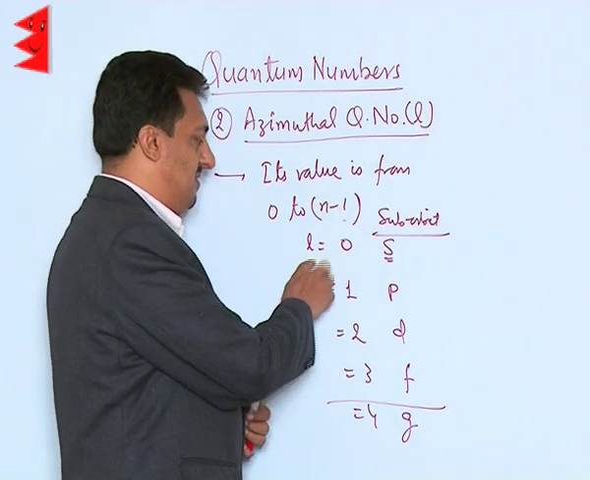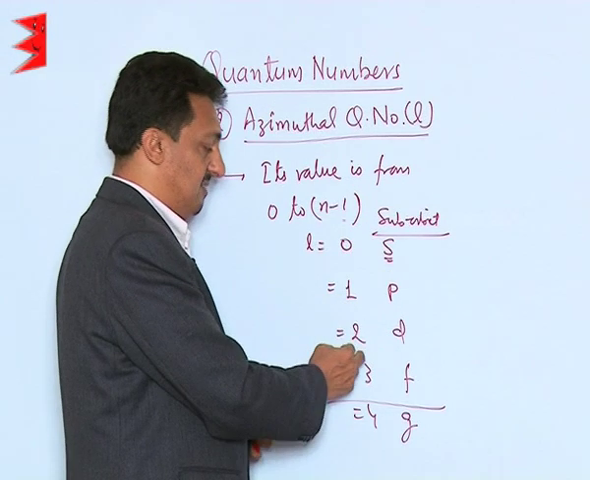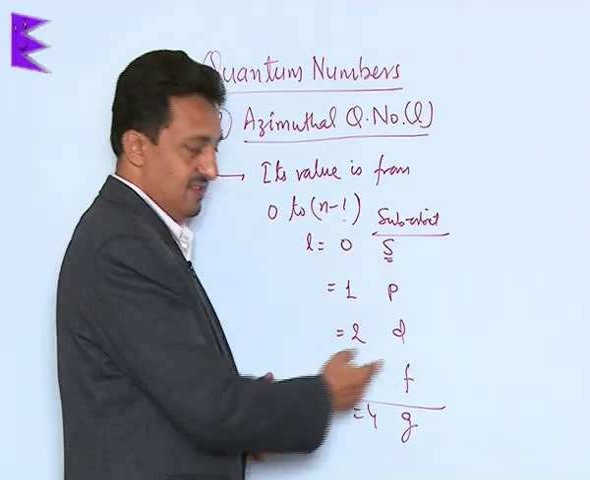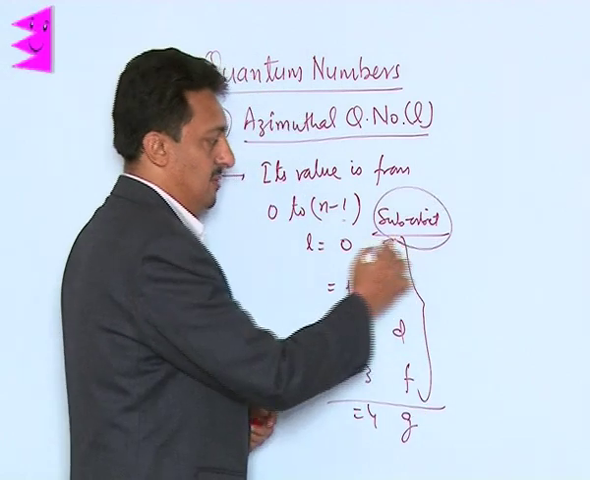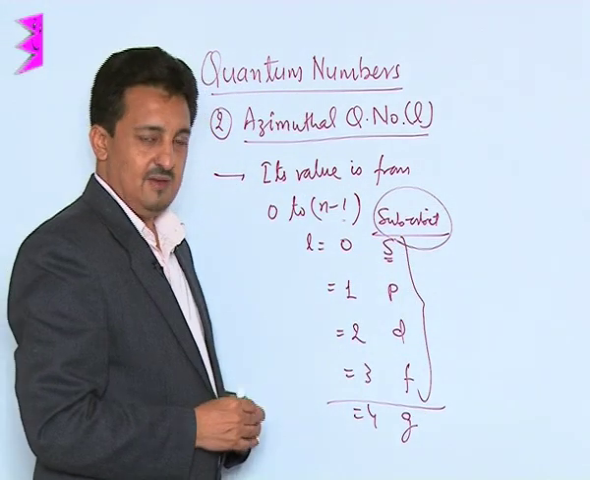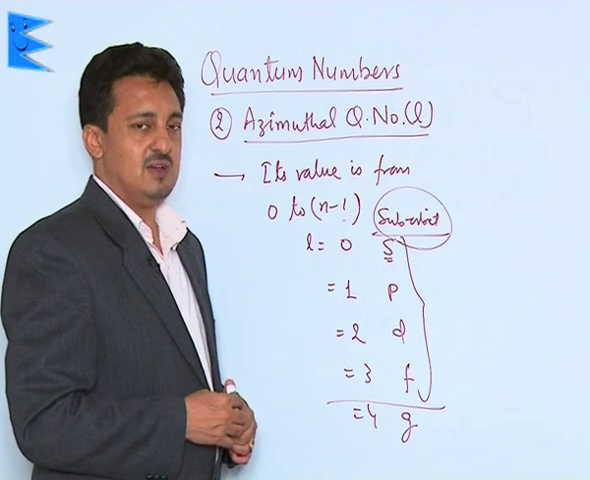So if l is 0, it is s, if it is 1 it is p, if it is 2 it is d, and if it is 3 it is f. So these are the names which have been given to these suborbits. Now let us move to the third quantum number,